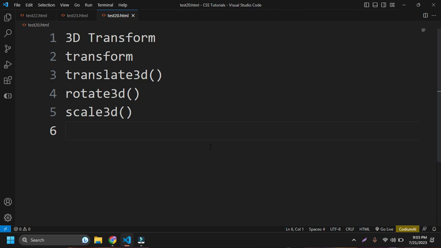In this video, let's discuss the 3D transform. In the previous video, we discussed the 2D transform, and in that video we discussed the transform property. Inside the transform property, we discussed the translate, rotate, and scale functions. Likewise, in 3D, we have the translate3d function, the rotate3d function, and another one, the